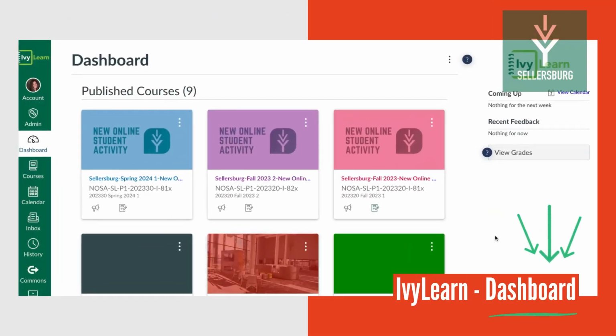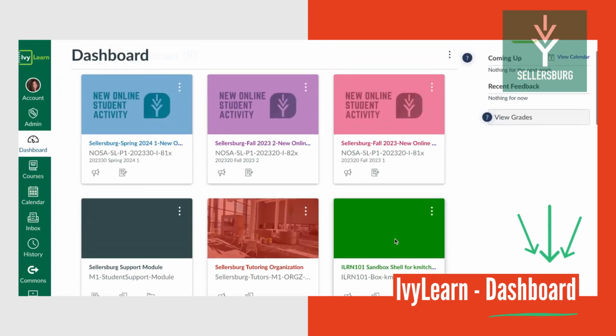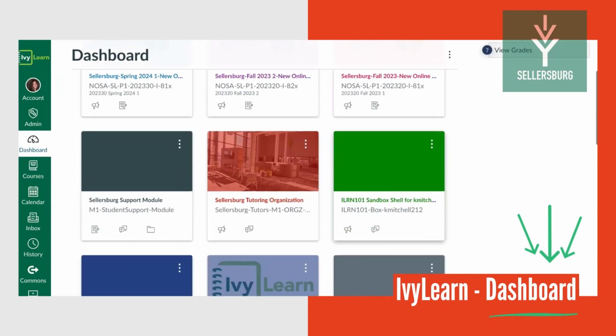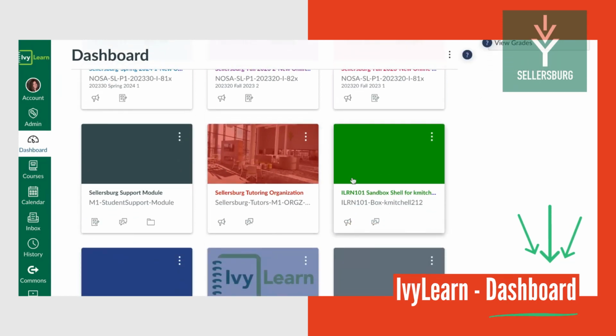All right, so the first thing I want to show you, you are in IvyLearn. This is what your dashboard looks like. Once you get more classes in here, they will obviously show up. Right now, you will just have something that says ILRN101 and then Sandbox Shell. So once you get ready to do your assignments and quizzes and grading that the course requires of you, you will click into your sandbox